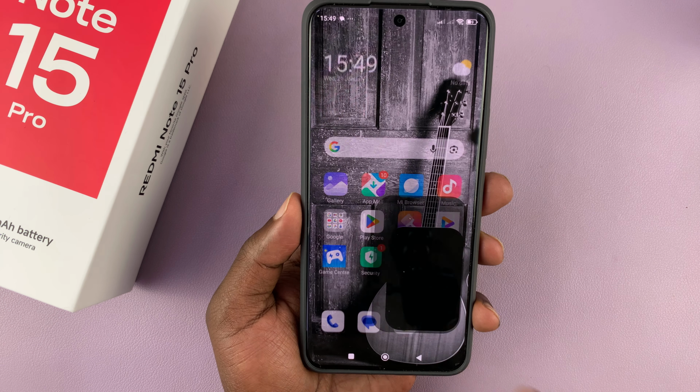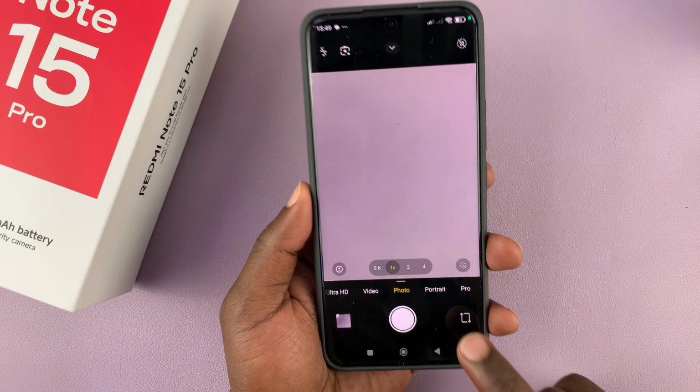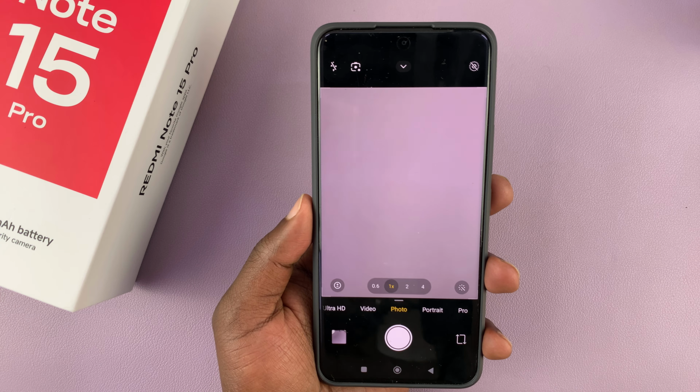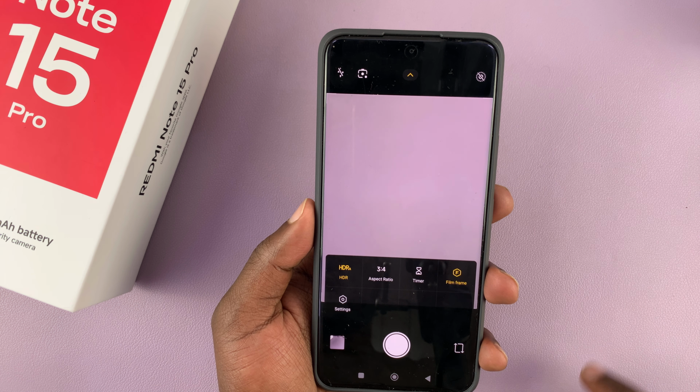Let me show you how to enable or disable grid lines in the camera app of your Redmi Note 15 Pro. So launch the camera and then tap on this little arrow at the top, and that's going to give you this menu. Select settings. Under settings, you want to go to general, and under general you will see grid lines, which you can tap on,